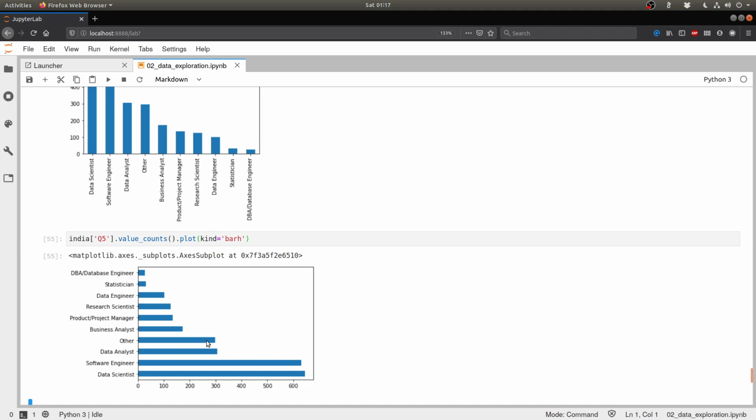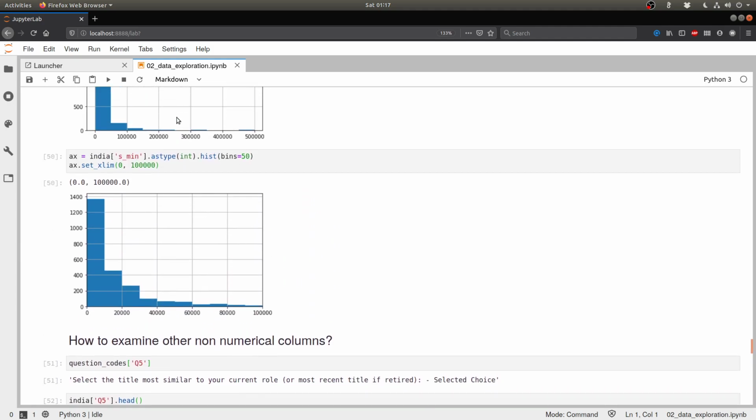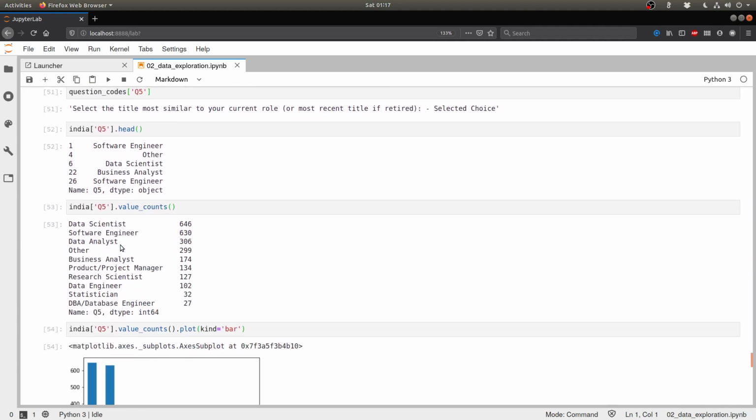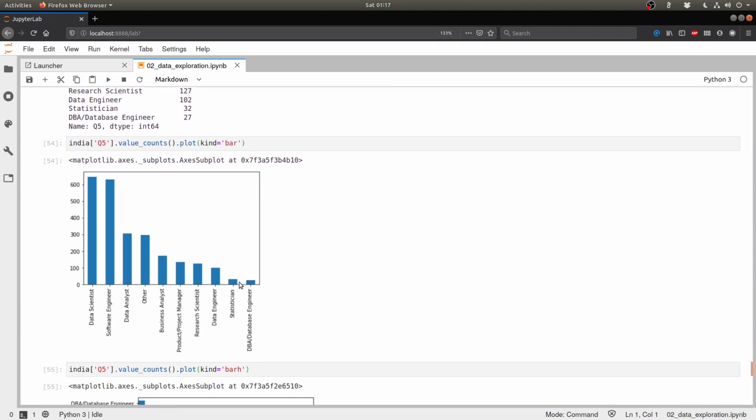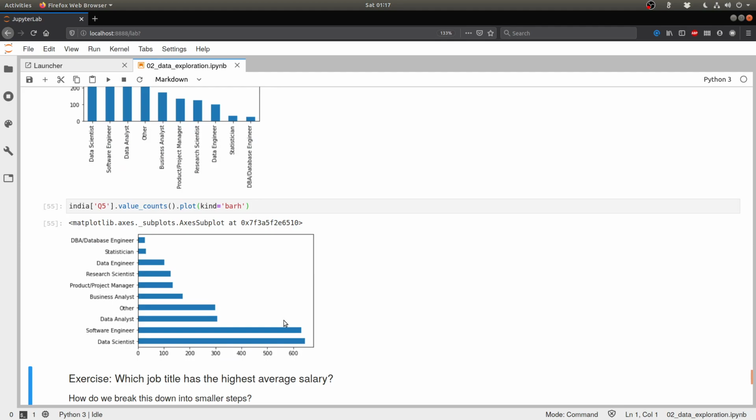So these are two independent kinds of univariate analysis we have done. We took a numerical column. Well, we manufactured first a numerical column, we saw its histogram, we saw what the behavior of salaries is, and then we simply did counting on a categorical column and saw the proportion of them.